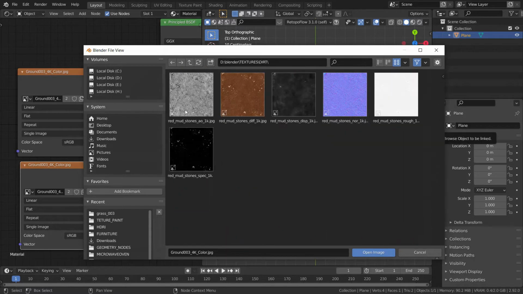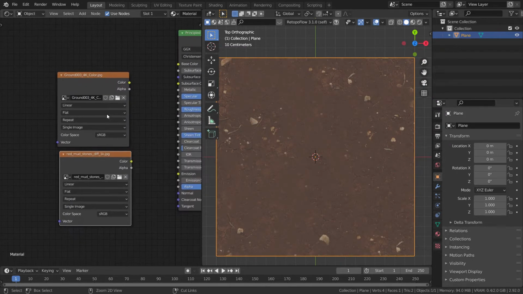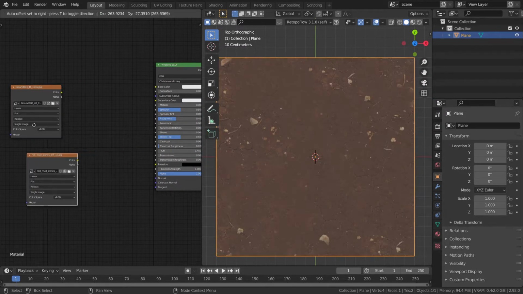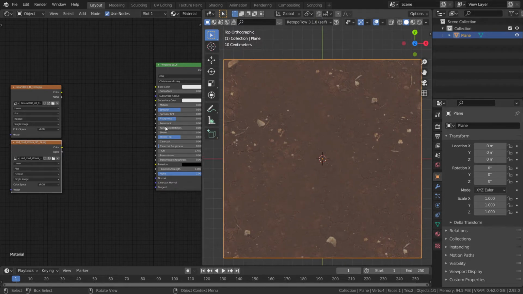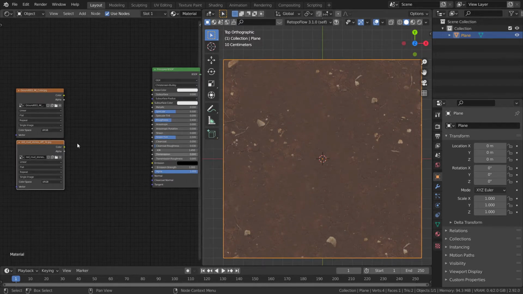So here it is, our dirt, and then I'll just select this one. So as you can see, these two are two different images, and then we want our dirt to be at the center and our grass to be at the both sides.